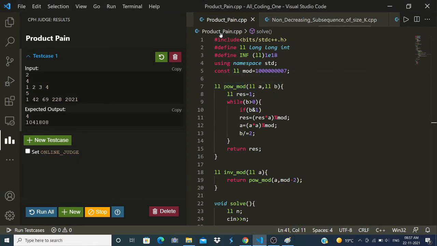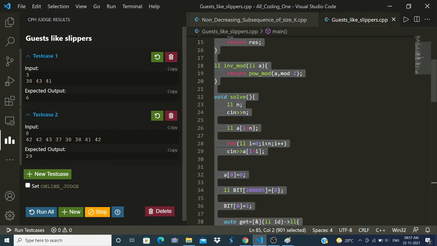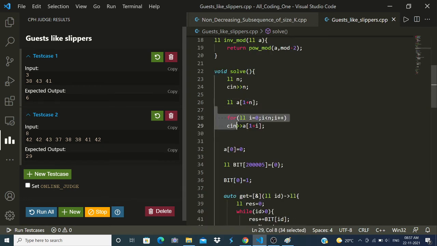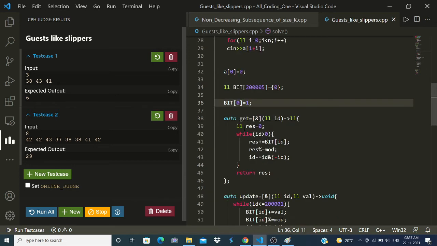So as you can see, I have taken n, then the array, then declared this binary index tree.